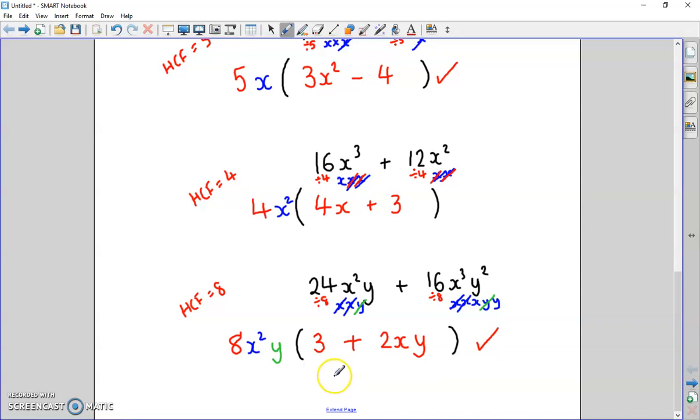Okay, so the method really works every time. Just follow this, look at the numbers and work out the highest common factor. Then look at the letters and work out what is the most letters you can take from both terms. Take that outside, then work out what's left. You might want to write it out like I was doing underneath to start with until you get a bit more used to it. Once you've done a bit of practice, you'll get a lot better at taking letters out the front and seeing what